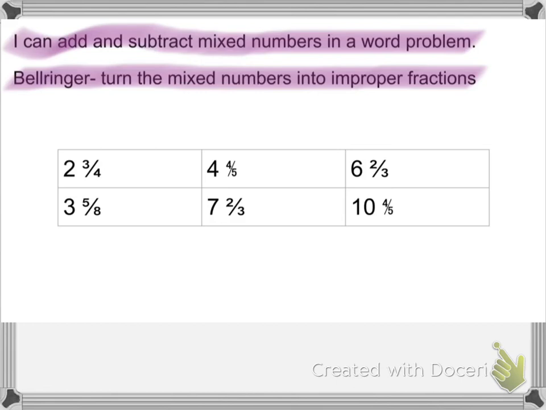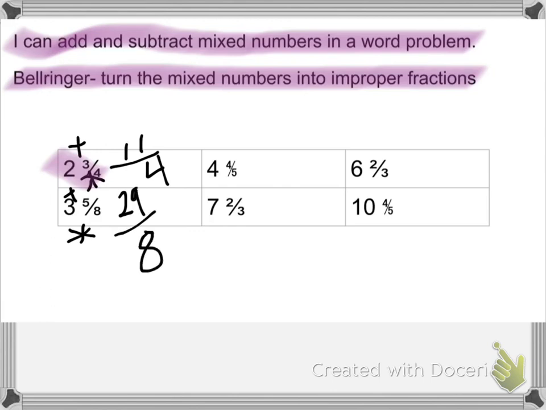All right, so I'm going to turn this mixed number into an improper fraction. I have to multiply 2 times 4 plus 3. 2 times 4 is 8, plus 3 is 11 fourths. Next one, I'm going to multiply 3 times 8 and then add 5. 3 times 8 is 24, and plus 5 is 29